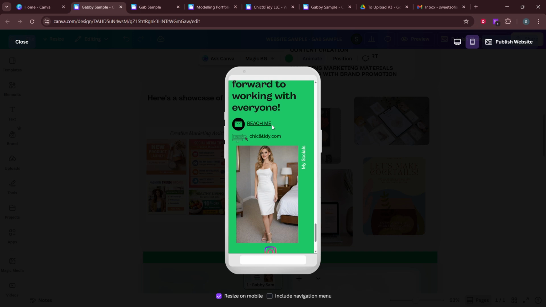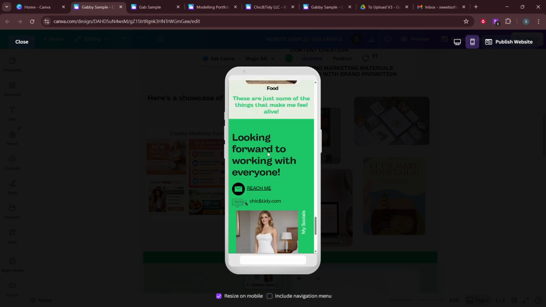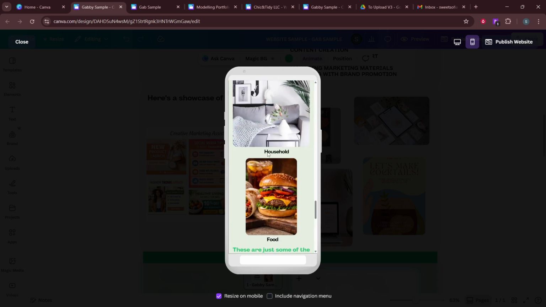That's all you need to make elements clickable in your Canva website. Select the element, open the link option in the top toolbar, and paste the website link, email, or phone number you want it to open. Once you publish your site from Canva, your buttons and other linked elements will be ready for your visitors to use.